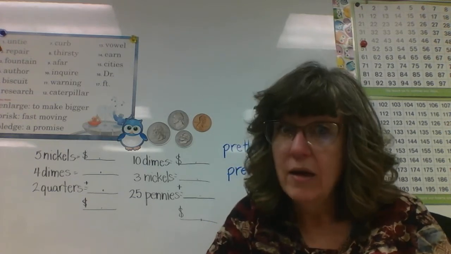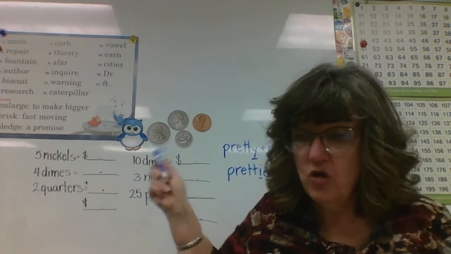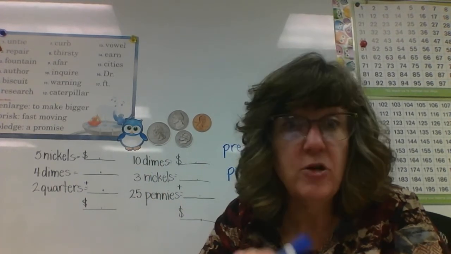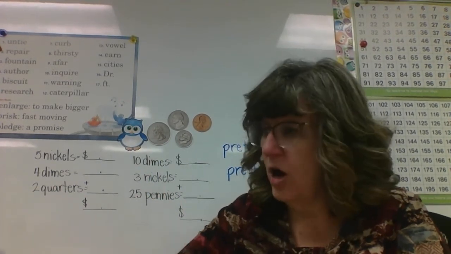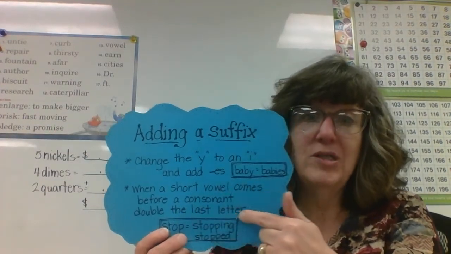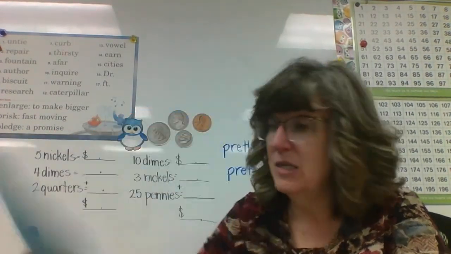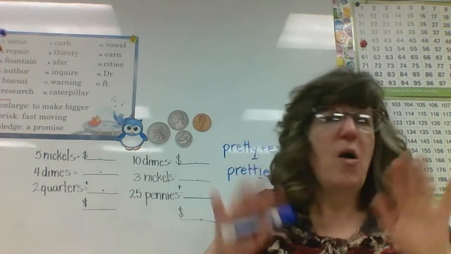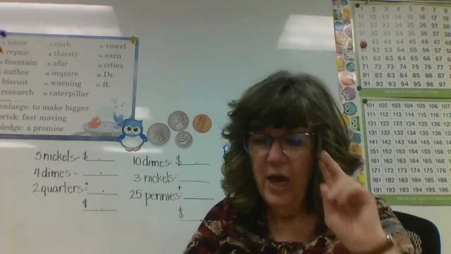It has a Y. You already know what to do. So don't forget. And then you go on down, and there's some short vowels. And we talked about what to do with those. Remember, when there's a short vowel, we're going to double the last letter, double the consonant. Okay? You got this. Mrs. Kraft doesn't need to remind you of all this. Go down to the bone.